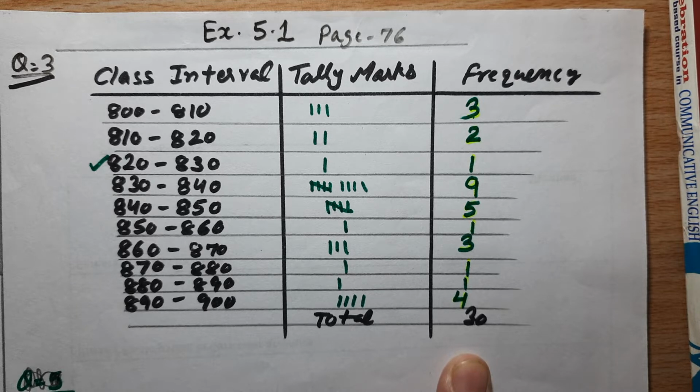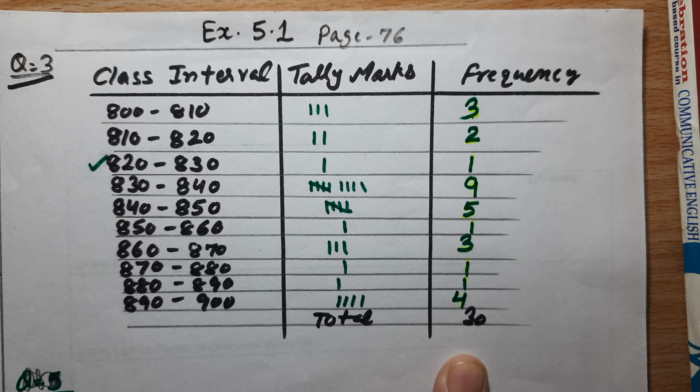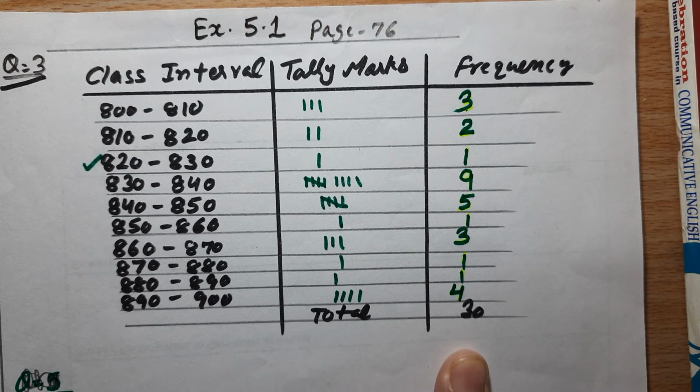So this is our table of class interval and tally marks, and we call it a frequency distribution table. Then you can draw the bar graph as it is whenever it is given. You can even draw the histogram also. Now you know how to draw a bar graph, double bar graph or histogram. You can easily do it. Clear, children? Now after that we will understand question number 4.